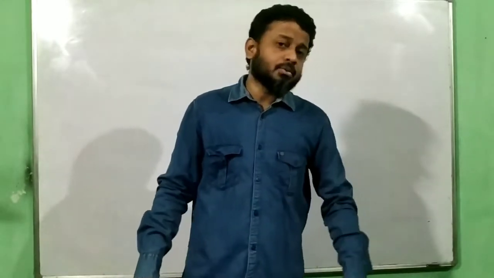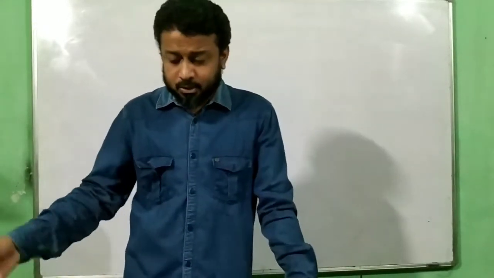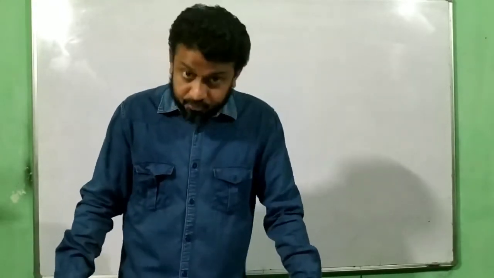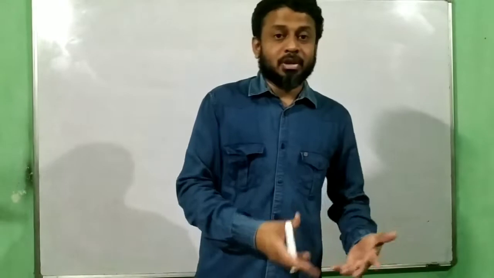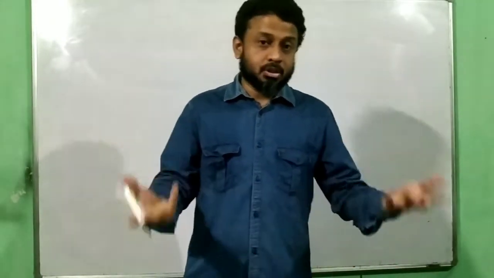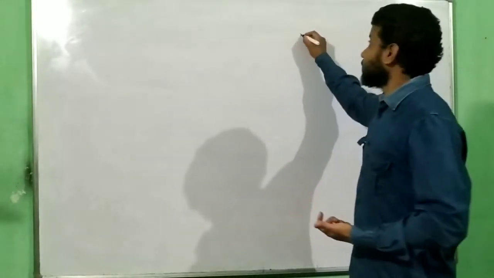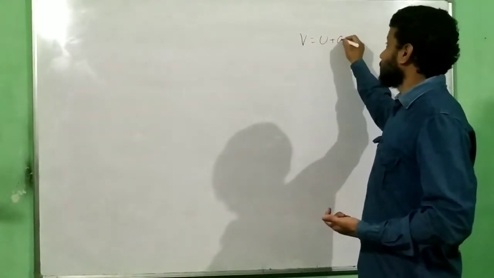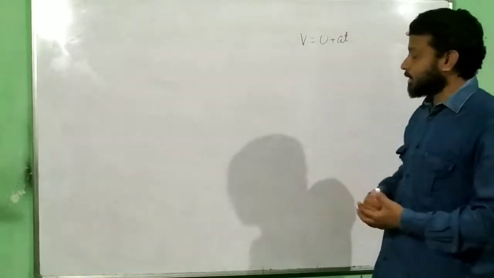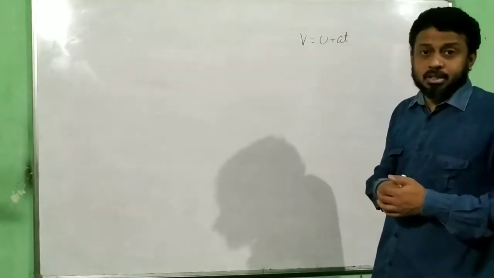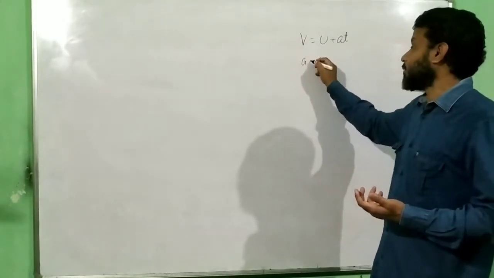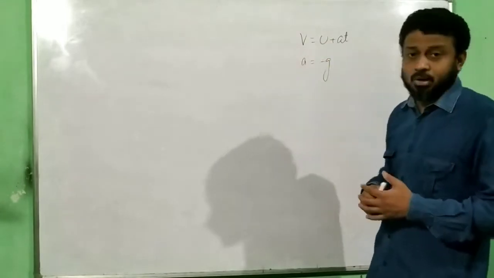But for equations like v equal to u plus at, it is a very simple linear equation, okay? So of course you have to use it in situations where you have to find velocities and time is known to you and acceleration is known to you. It is used to find the velocity at any given time t, if acceleration is known to you. If the body is under gravity or under free fall, then the value of a will be equal to minus g, and that will give you the value of velocity.